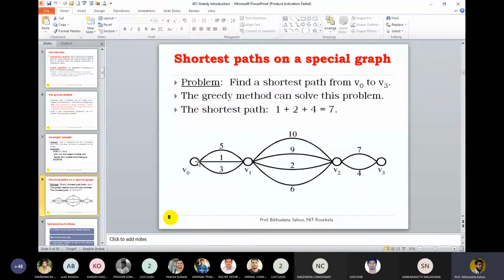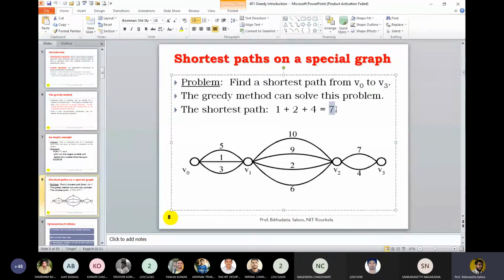If I look at the greedy solution, it looks at one stage. I am at V0. Only these three edges are visible to me, which cost 3, 1, and 5. So if my problem is a minimization, I'll select 1. If my objective function is a maximization, I'll select 5. Then once I come down here, I'll again select the minimum, 2. Then I take the minimum 4, and finally the total calculated is 7. Maybe for a particular instance the shortest path computed using greedy may be optimal, but we cannot guarantee it for all problems.